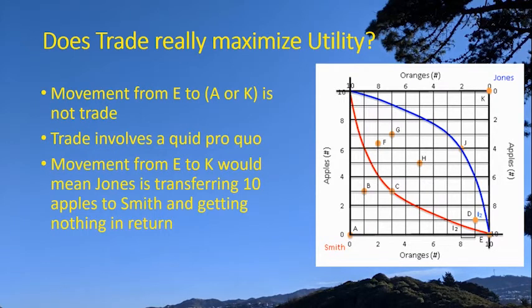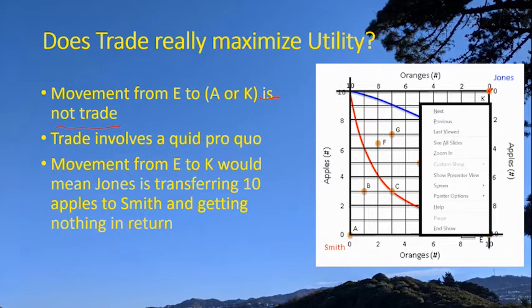First of all, movement from E, the endowment point, to a point like K does not involve trade. Trade is a quid pro quo. It's an "I'll give you this if you give me that" kind of arrangement. And when they move from E to K, if they were to move in that direction, then what would be